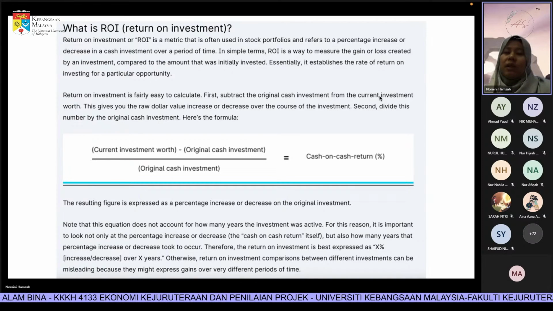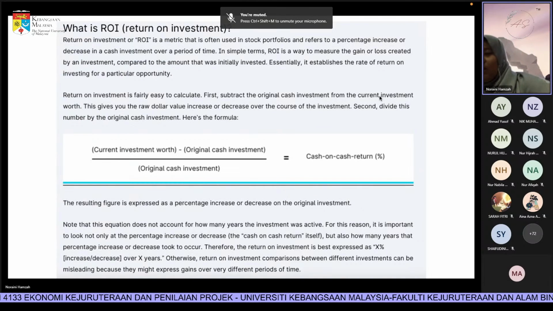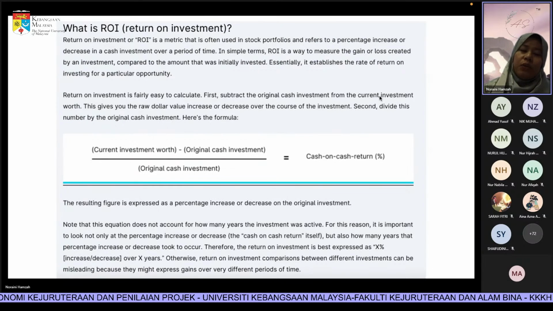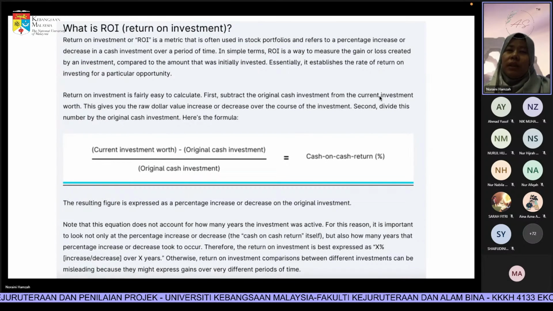Kalau you punya project, you nak buat prediction, so add how many years prediction ke depan, in the future. So you want to predict like 10 years, 5 years, so you kena stick kat situ lah. So this ROI is for how many years? Okay, X years. You kena mention kat situ. Because in the calculation itself, it doesn't reflect yearly punya